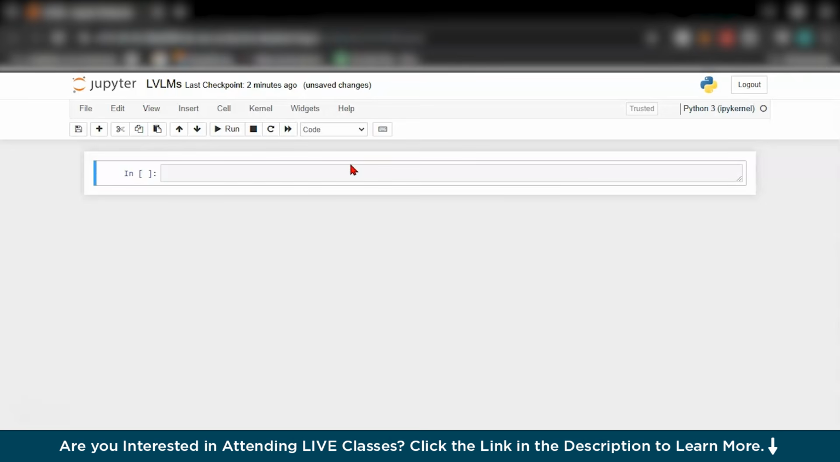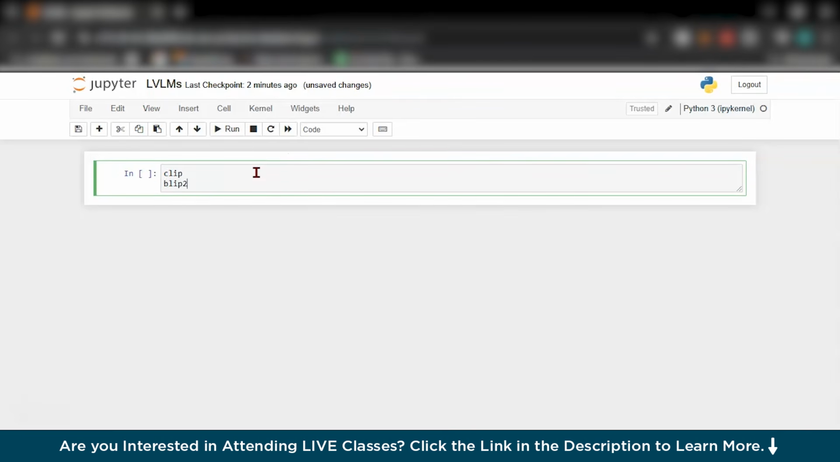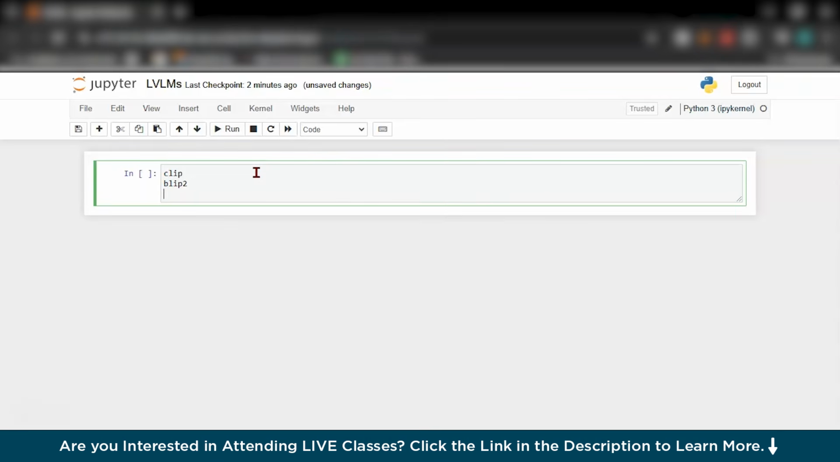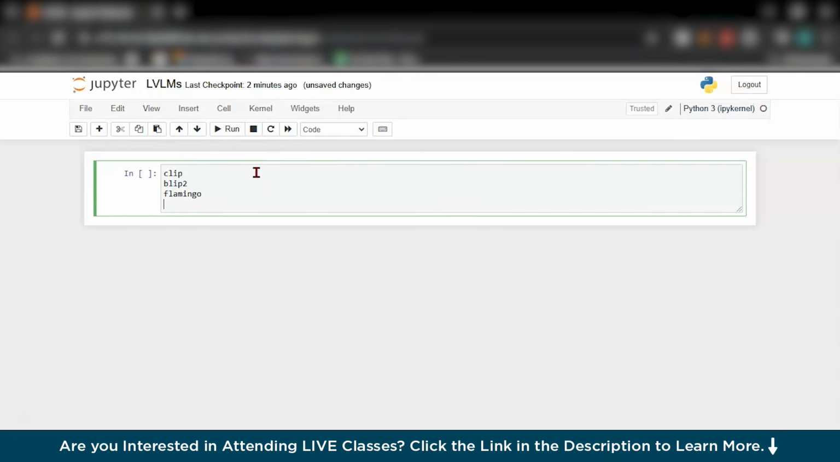So there are some popular LVLMs, like CLIP, which is by OpenAI. It matches images with their most relevant caption. There is BLIP-2 as well, which generates and understands natural language descriptions for images. Flamingo is there, which processes both images and text to answer queries. Then BridgeTower is there, which we have already used and discussed before, which is a very efficient multimodal model for